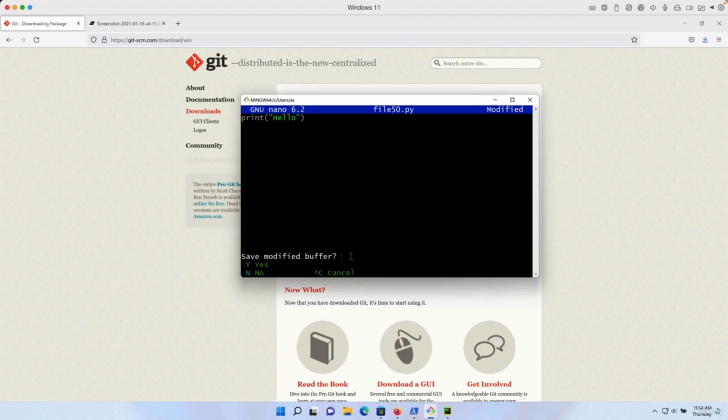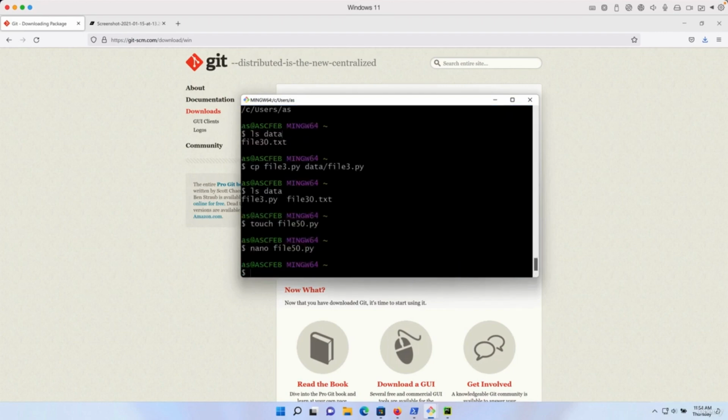So I'll press Y. Then this asks you if you want to keep the file name as it is here or you want to change it. If you want to keep it, you need to press Enter. So what we just did is we added some text to this .py file. And that's something you could also do in a remote server. So the remote server gives you access to its command line interface and you can edit your .py files using